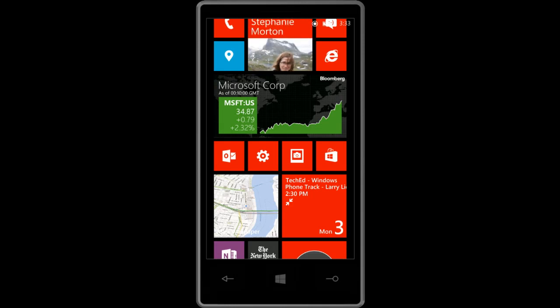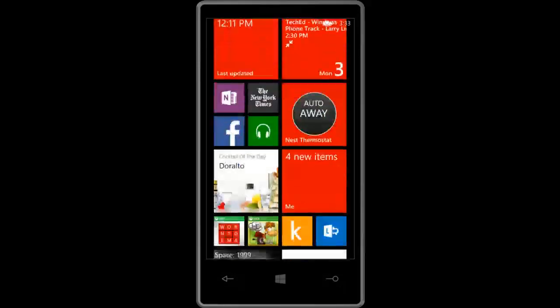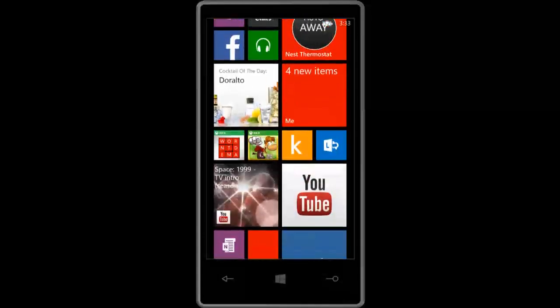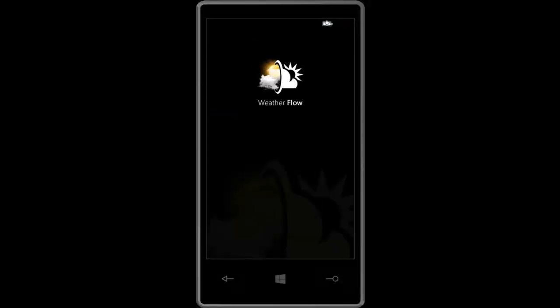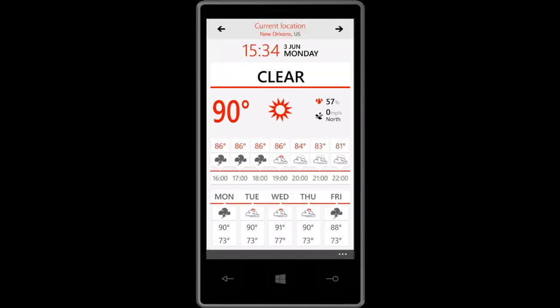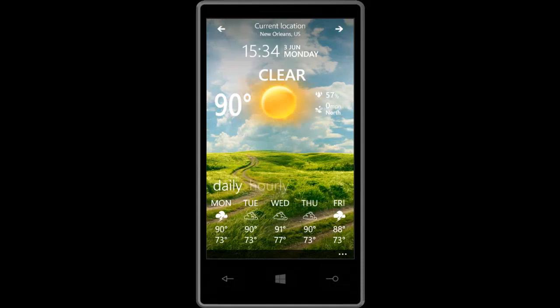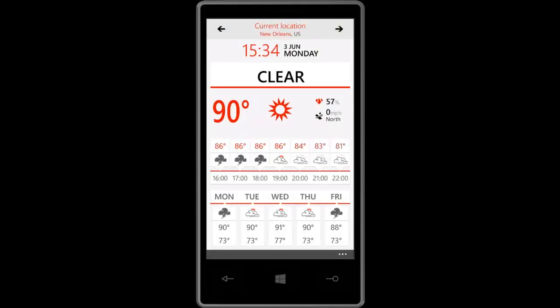And that's why we make a pivot application so easy to use on the phone itself. Now, if you look at third-party applications and the way that they've leveraged these features, you'll see there's a wide gamut of different types, but some of the most compelling ones, certainly this weather application here, WeatherFlow, which you can set as your lock screen too. But what it's doing here is, I'm seeing the weather, and it's got two different views. It's got a view that's more a pictographic one, and then sort of a more phone design style-ish one.